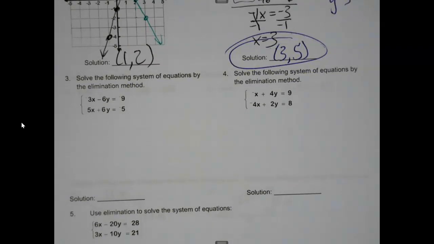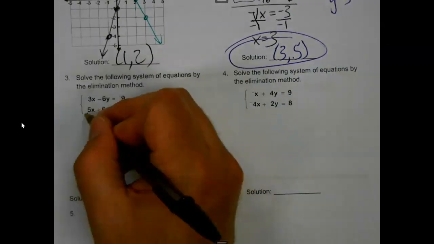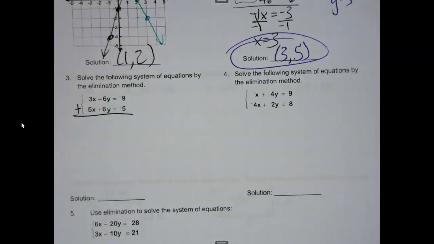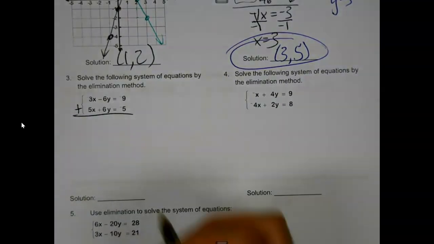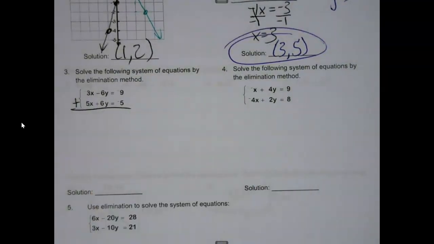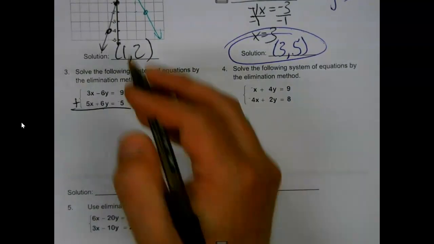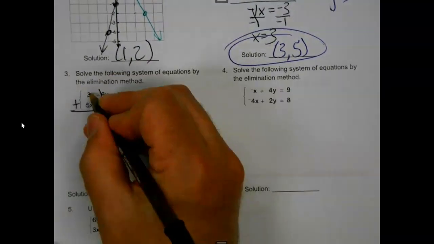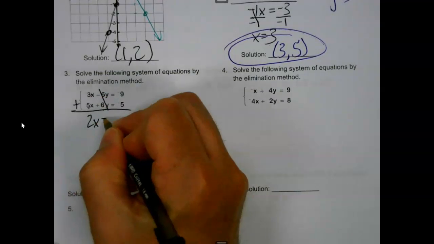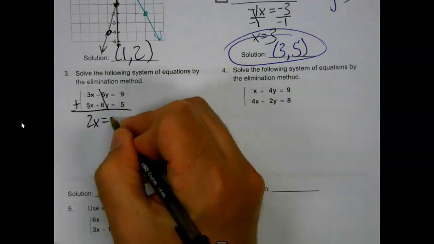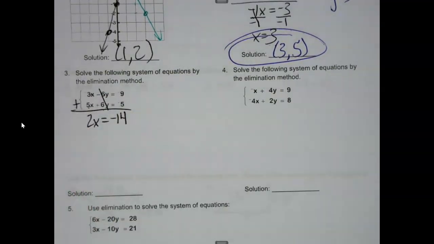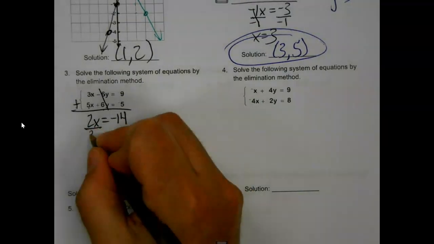Solve by the elimination method. Now, on these, we're always going to check first if I can add straight down and eliminate a variable. Well, -3 plus 5 does not eliminate anything. -6 plus 6 does, though. Those are gone. So -3 plus 5 would be 2x. -9 plus -5 is -14. And just that quick,